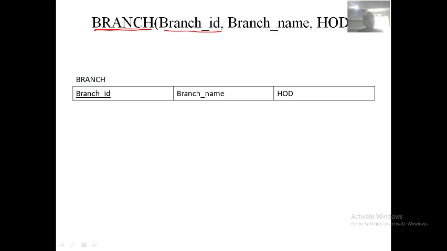Name is computer science. Then there will be a head of the department for that. So each and every branch will be having these minimum things: branch ID, branch name, and HOD name. Okay, these things.